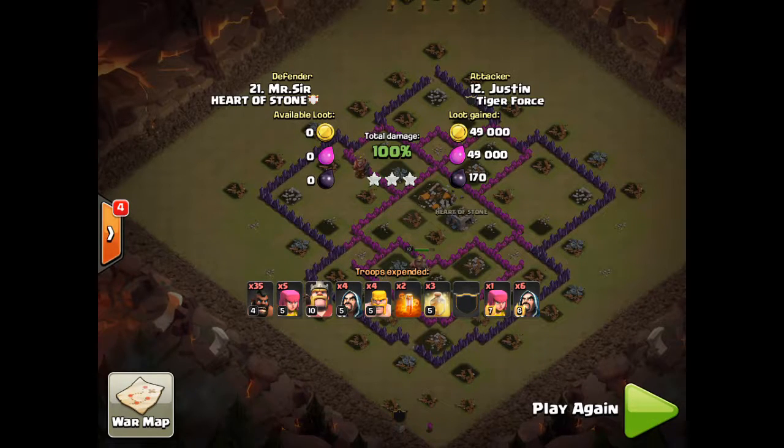Now on this base, they didn't have the double bombs together, which could have actually thrown him off because he might have actually planned his spells a little differently, but